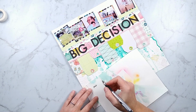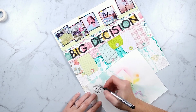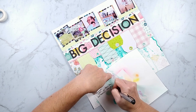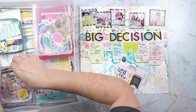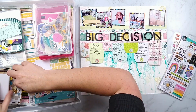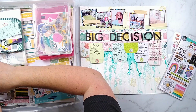Now, because I wanted to be sure I got everything I needed to say to fit in those tag spaces, I am practicing on this piece of scratch paper, and I will do that pretty often when I need to make sure my journaling will fit. And then I did get all my journaling on there, so I have just moved on to just a few